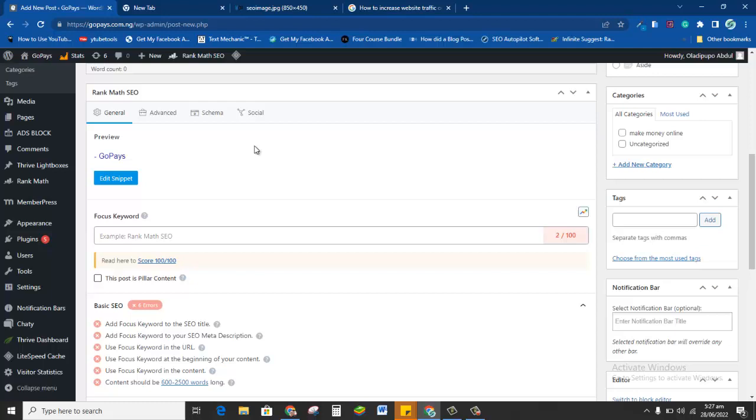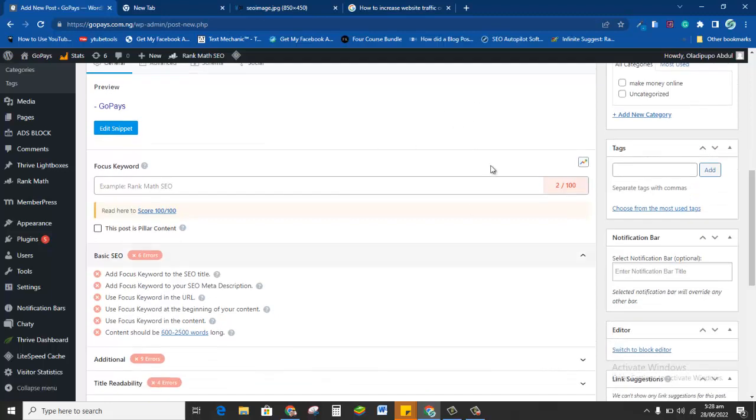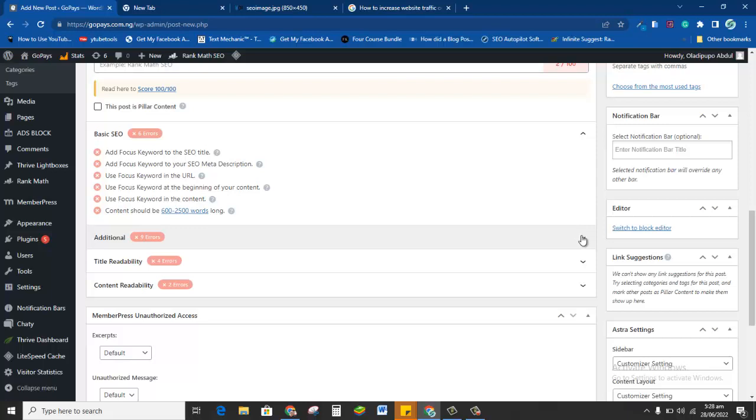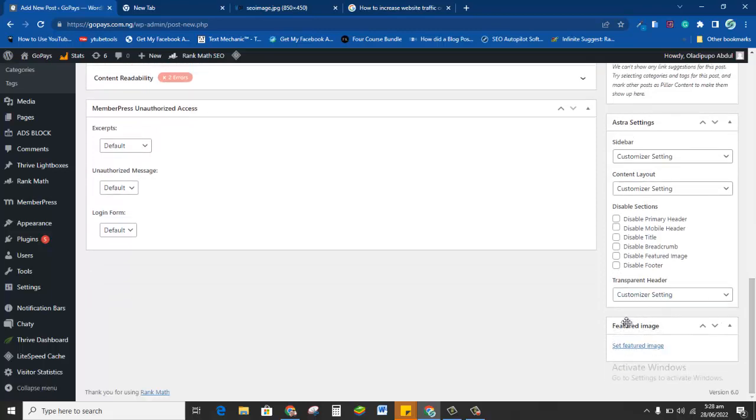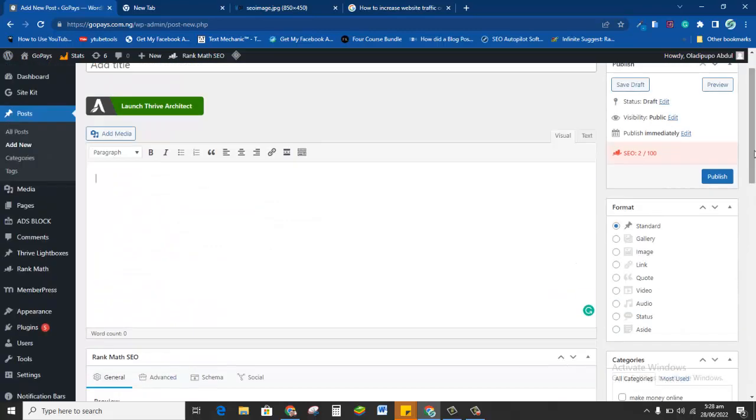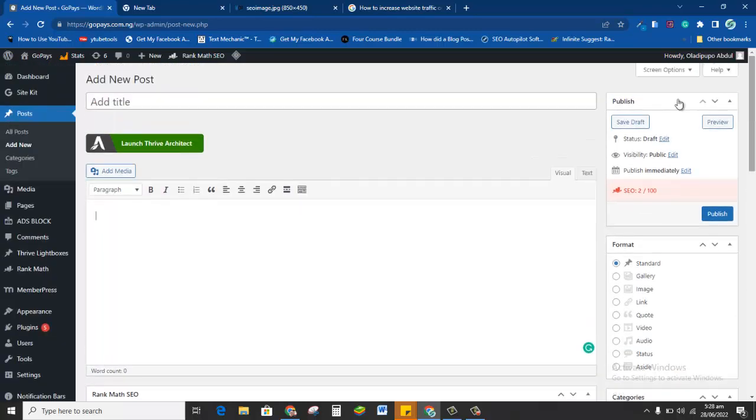And now you have what we call the Rank Math SEO. This is where you are going to optimize your post in order for you to be showing in search engine. We are going to talk more about this later on. And the next step is that we are going to talk about so much things here in order for you to get your post optimized for search engine. And then we're going to have a featured image. Now we want to talk about how to, my topic is how to increase